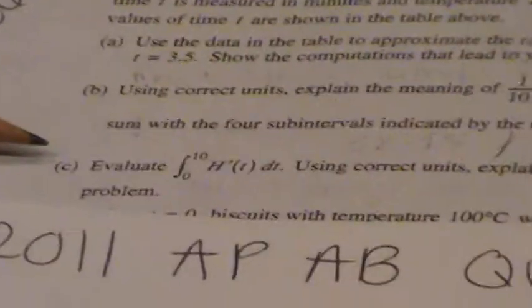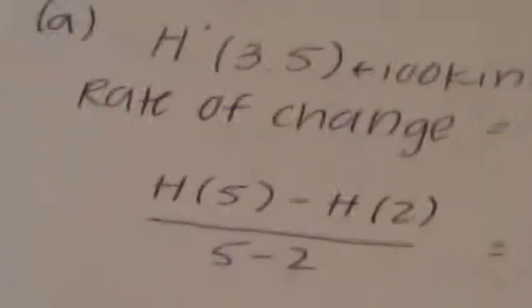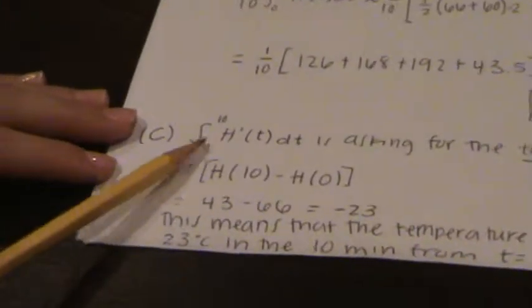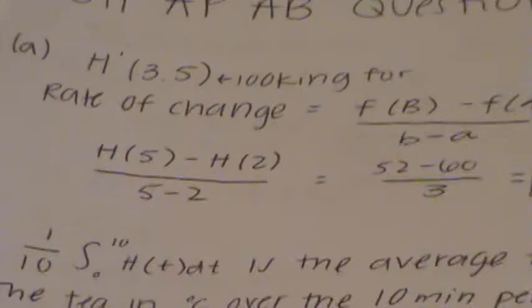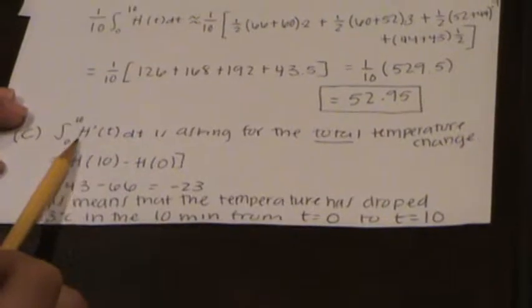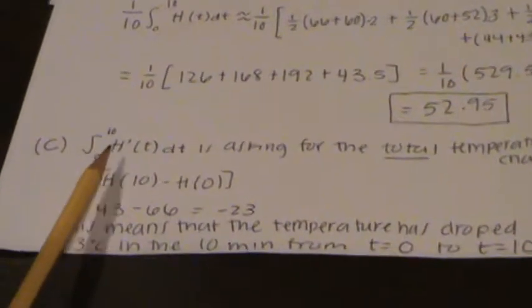Part C asks to evaluate the integral from 0 to 10 of H prime of t dt. Using correct units, explain the meaning of the expression in the context of this problem. So the integral from 0 to 10 of H prime of t dt is asking for the total temperature change, because as we know from above, H prime of t is the rate at which the temperature is changing. So because of the fundamental theorem of calculus, we know that the integral of H prime of t